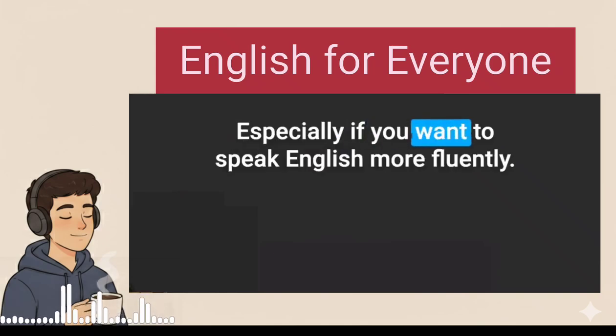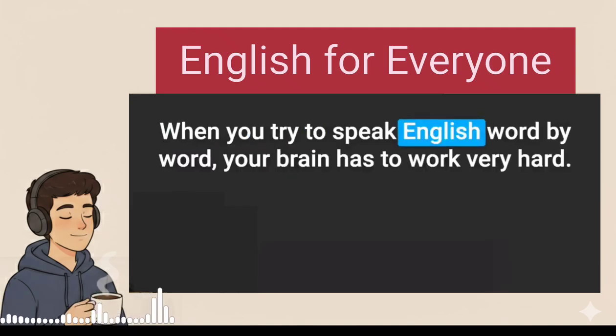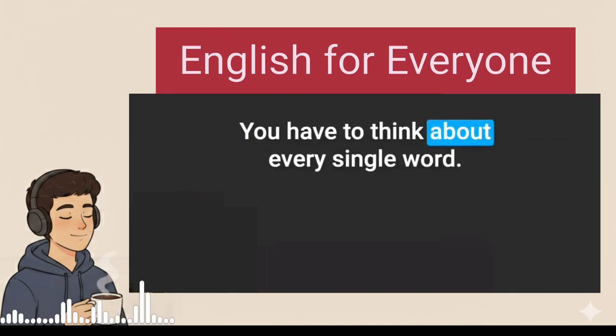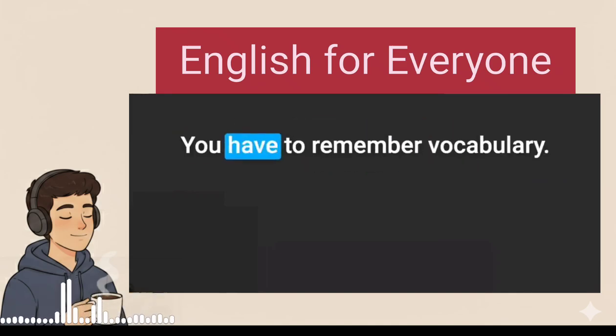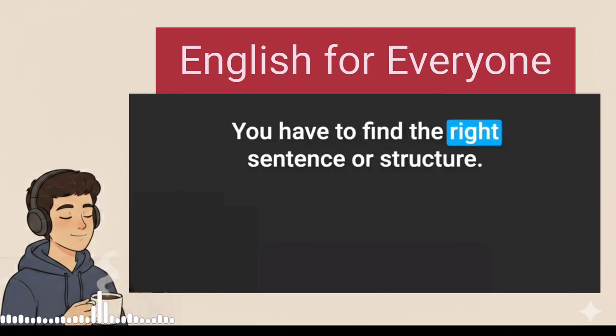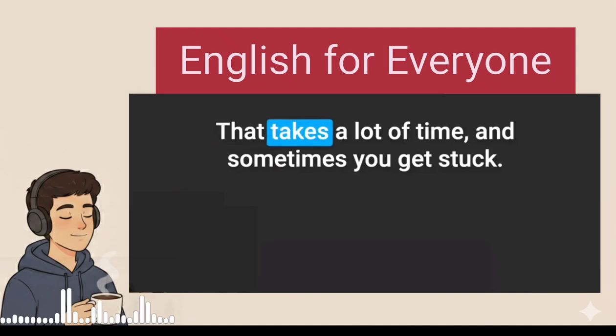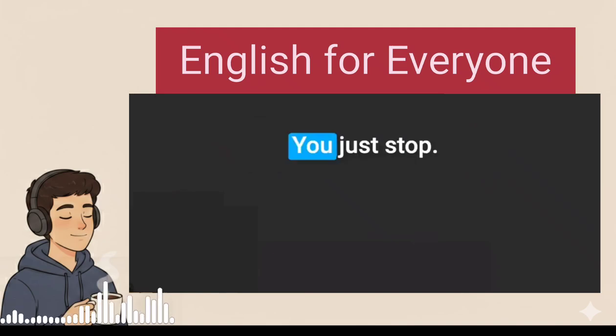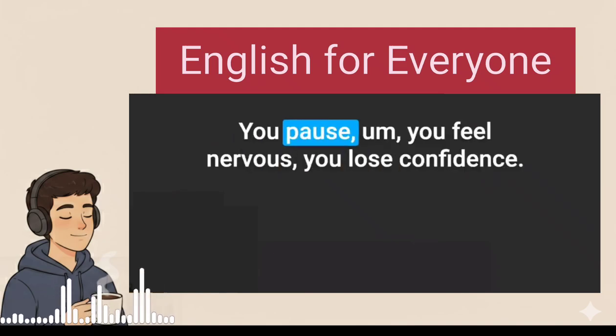Especially if you want to speak English more fluently. When you try to speak English word by word, your brain has to work very hard. You have to think about every single word. You have to remember vocabulary. You have to decide on the correct grammar. You have to find the right sentence structure. That takes a lot of time. And sometimes you get stuck. You just stop. You pause. You feel nervous. You lose